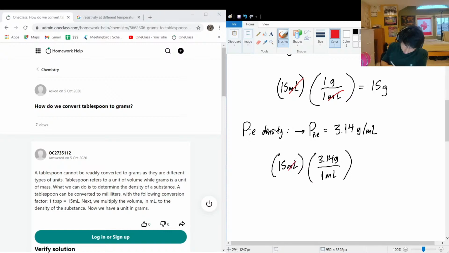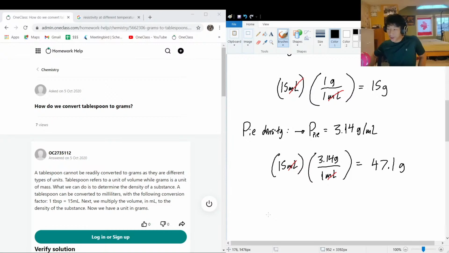In the exact same way, the milliliters down there and up there, they neutralize each other. I know I said that completely backwards, but you see what I mean. And then we're going to have 3.14 times 15 milliliters, and then we're going to have 47.1 grams. So you see, this is more than triple the mass of a tablespoon of water as a tablespoon